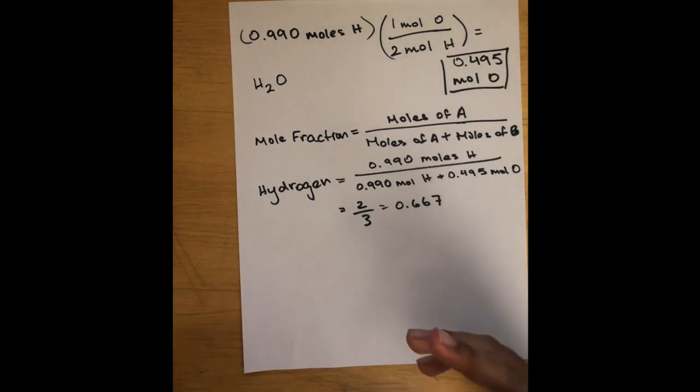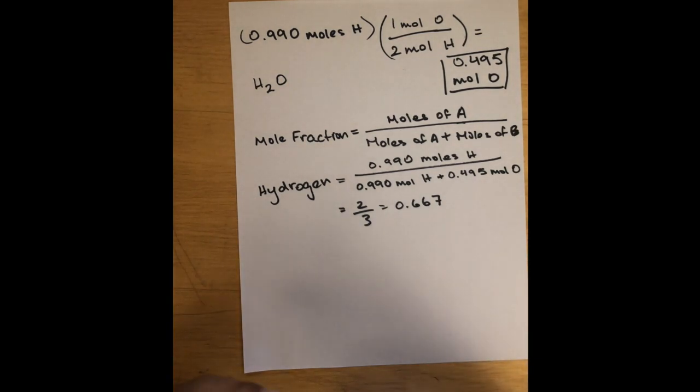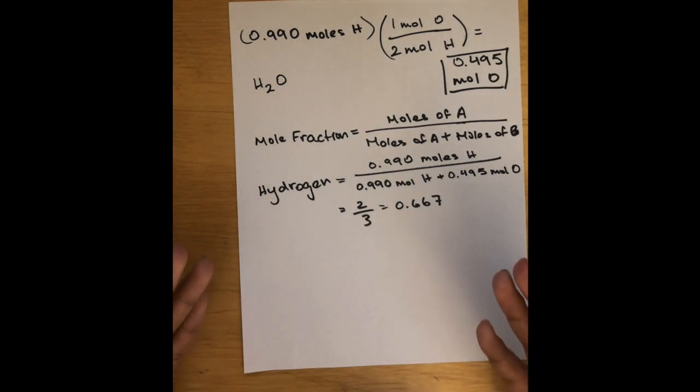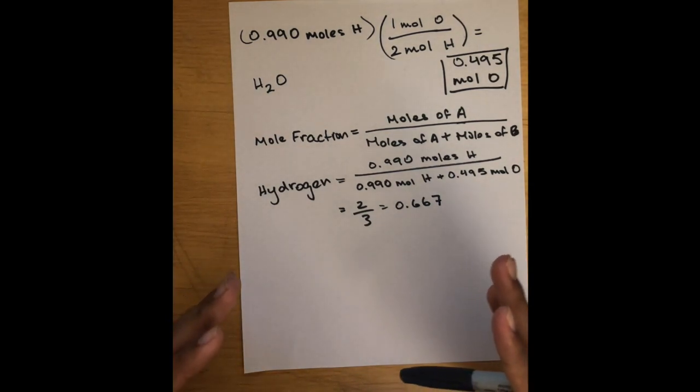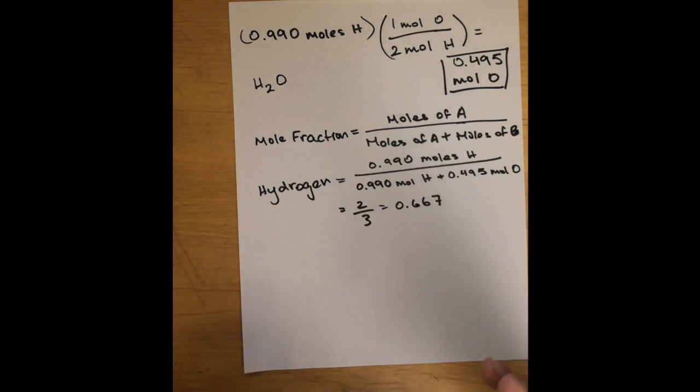because you now know its ratio in terms of moles for water. Now, in later videos, we can go over more complicated problems, such as problems that may appear on the AP chemistry exam. But this is the basic gist of mole fractions: how to derive the appropriate number of moles for the numerator, how to add them up for the denominator, and what purpose they serve. And that is the ratio between the wanted substance and the overall moles of your